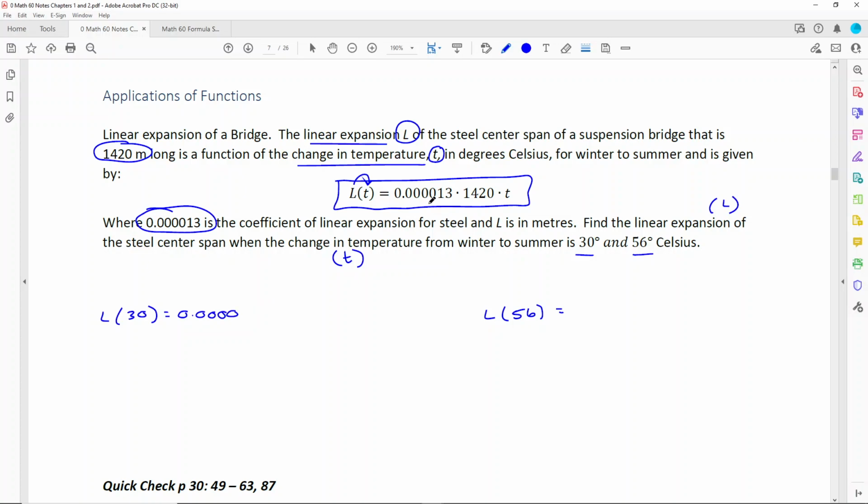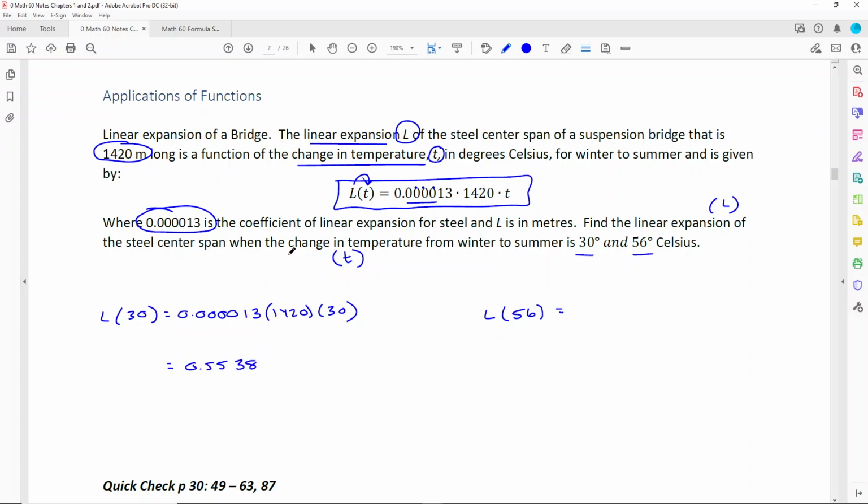0.0000. I find people mess this up all the time. It's like copying numbers of zeros. So 1, 2, 3, 4. I'm just being careful. So 4 zeros, 13. The dot just means multiplied by 1420 multiplied by 30. So if we plug that into our calculator, decimal 0.0001, whoops, forgot a 0, there we go, 4 zeros, 0.000013 times 1420 times 30 would be